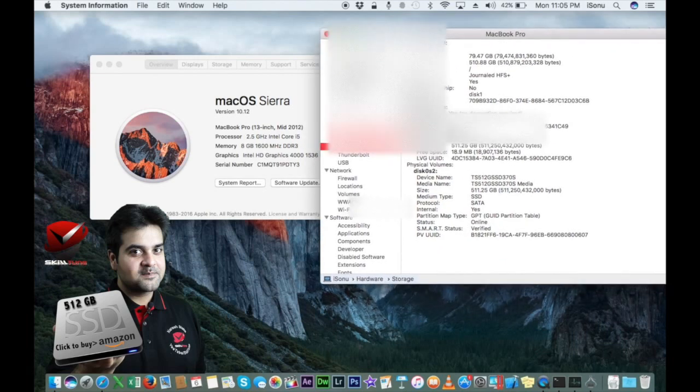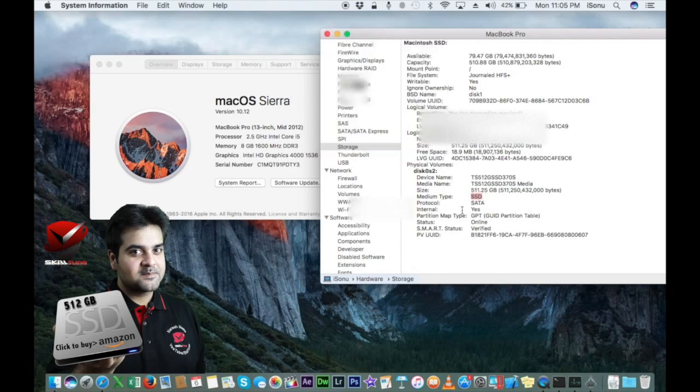Again, I would just like to give you a heads up that this is also customized hardware. As I mentioned, my 8 gig RAM is customized. I have installed it myself, and if you notice the medium type here, it's SSD, a solid state drive, 512 gig, which I have installed. If you want to upgrade your Mac, I'm going to leave the description below. I bought this from Amazon, and it's really